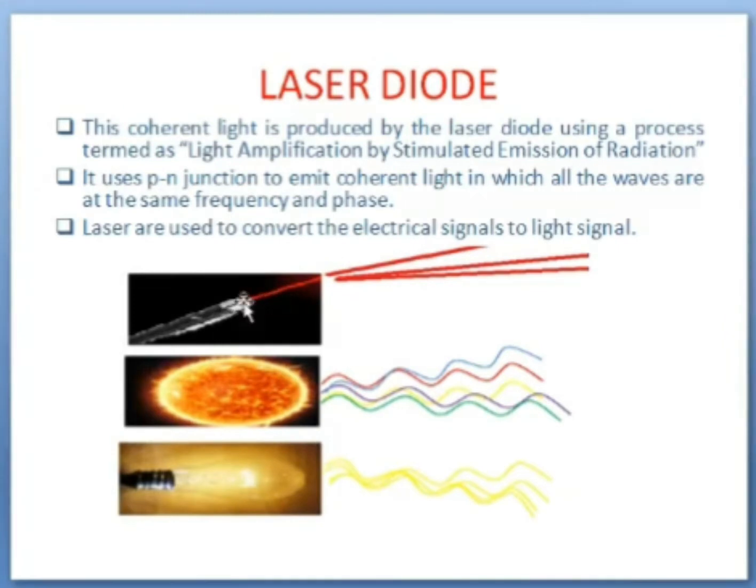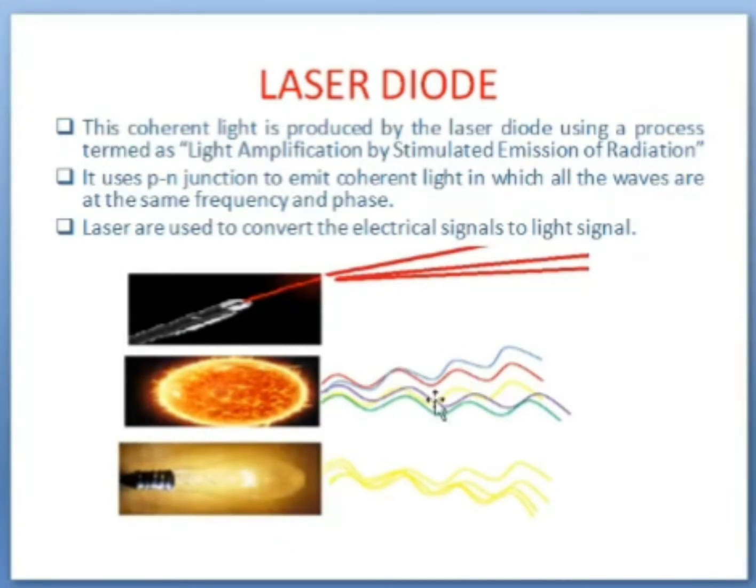So in this diagram, it depicts the laser light. The first one is giving only one particular red color light. Whereas if you observe the sun, from the sun we'll be getting all the frequencies of light. So we know that visible light will be of different frequencies, isn't it? From sunlight, you are getting it as white light. Actually, if you pass that white light into the prism, we can see the spectrum.